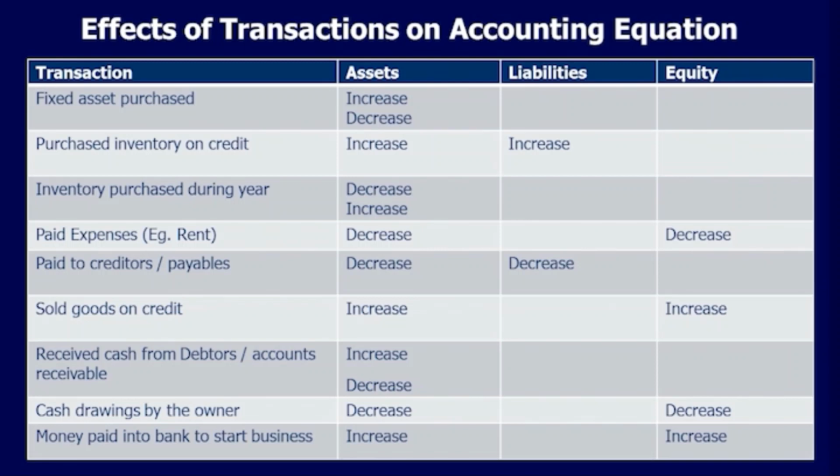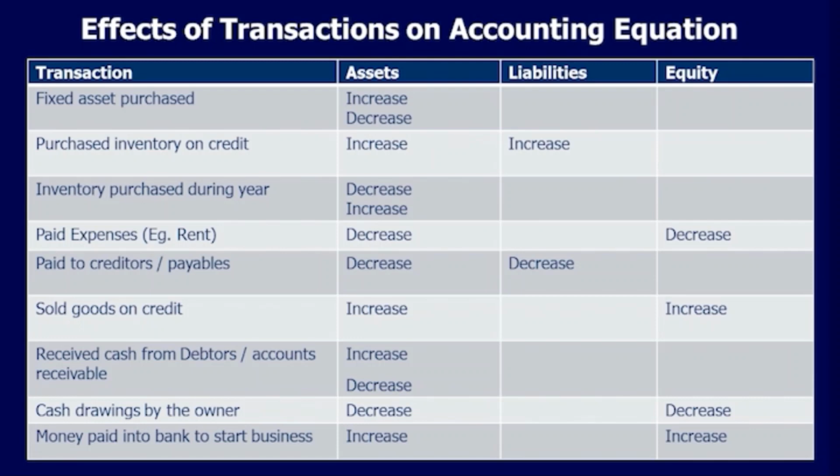If one item within the accounting equation is changed, then another item must also be changed to balance it. In this way, the equality of the equation is maintained. For example, if there is an increase in an asset account, then there must be a decrease in another asset account or a corresponding increase in a liability or equity account. This equality is the essence of double entry accounting. The equation itself always remains in balance after each transaction.